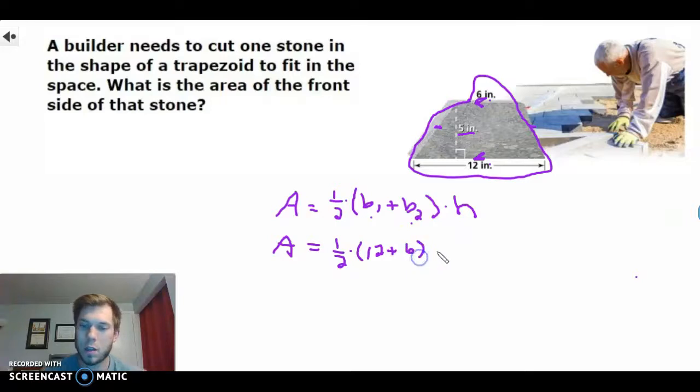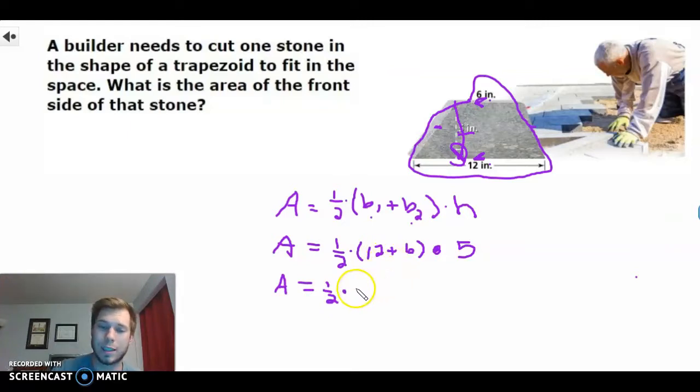Okay. You need to multiply that by the height. Well, recall the height is always going to be the distance between the bases. That forms that right angle, so X marks the spot. So our height, I just covered it up, but our height is going to be 5 inches. Now we have that in place, we can solve the first step, which is the parentheses, our grouping. So we have A equals 1/2 multiplied. We're going to solve what 12 plus 6 is, which is 18. So multiplied by 18,